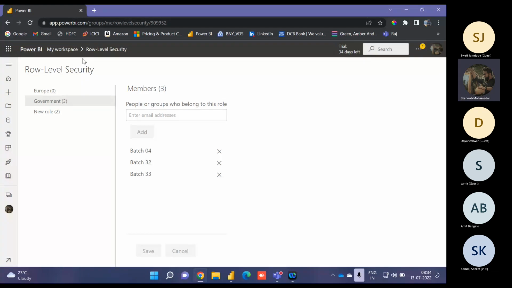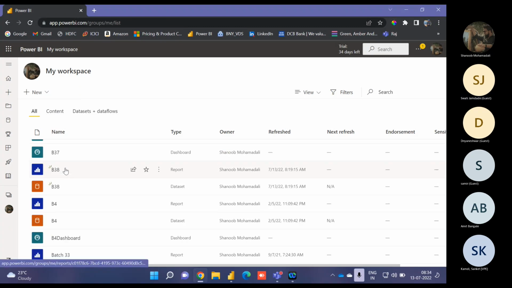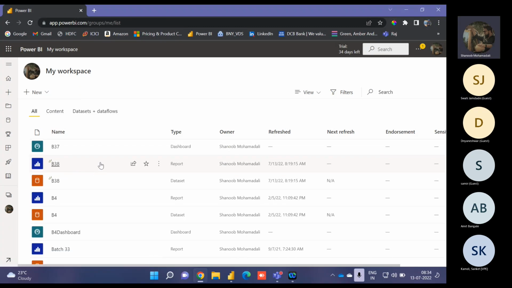नहीं, हम रिपोर्ट को सिक्योरिटी दे ही नहीं रहे हैं ना। हम परमिशन, एक्सेस दे रहे हैं, अगर आप रिपोर्ट को एक्सेस ही नहीं दोगे यूजर्स को तो सिर्फ रोल में ऐड करके फायदा नहीं। रोल का मतलब क्या है कि अगर ये यूजर ये रिपोर्ट एक्सेस करेगा तो ये रिस्ट्रिक्शन रहना चाहिए। बट अगर रिपोर्ट को एक्सेस ही नहीं है यूजर को तो वो अंदर तक आएगा ही नहीं, तो उसको रोल का फायदा ही नहीं ना,